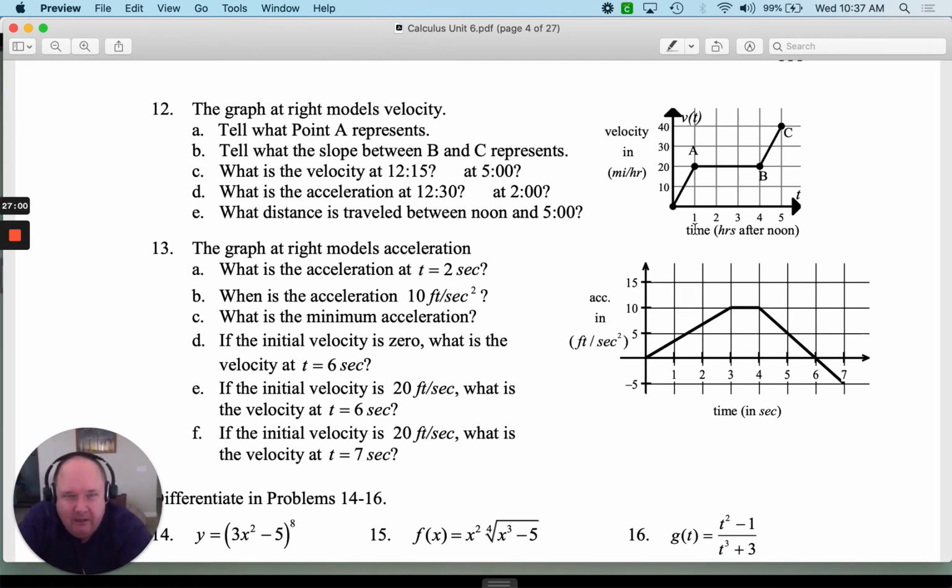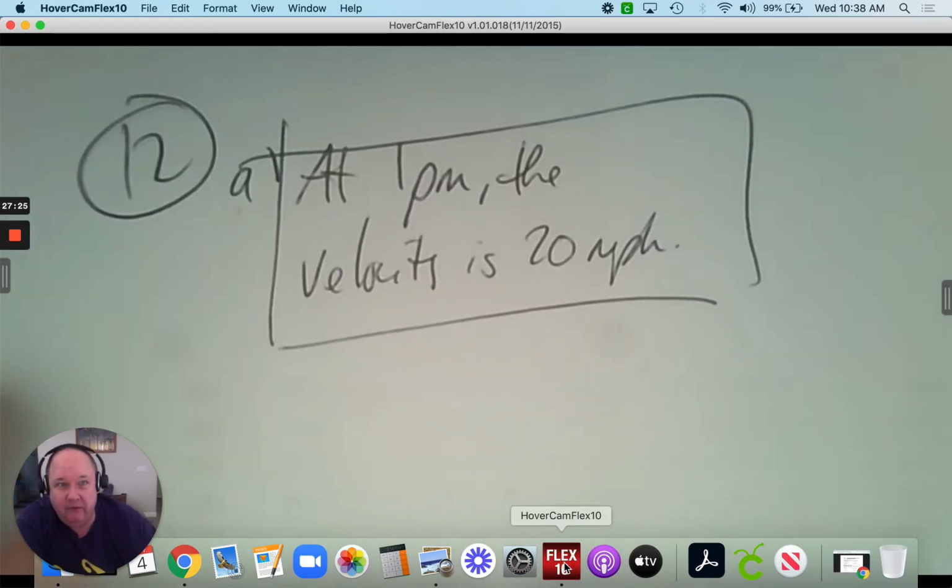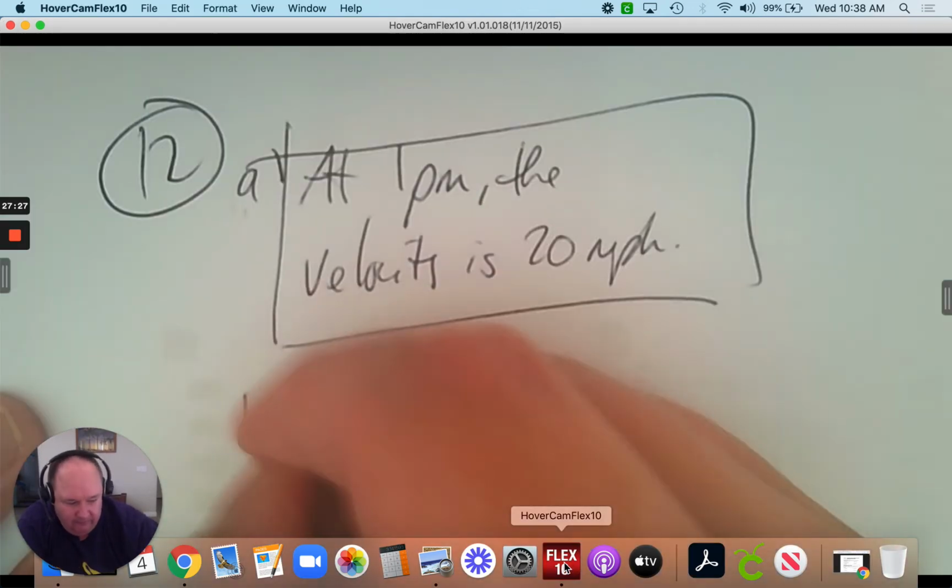A. So, hours, afternoon. So we're going to start at 1 p.m. Okay? So at 1 p.m., what's happening? So the velocity is what? 20 miles per hour. So at 1 p.m., the velocity is 20 miles per hour. Part B